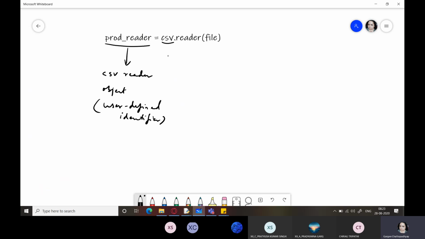csv is the name of your module, and reader is a function, a function to create a reader object. And this is your file handle.